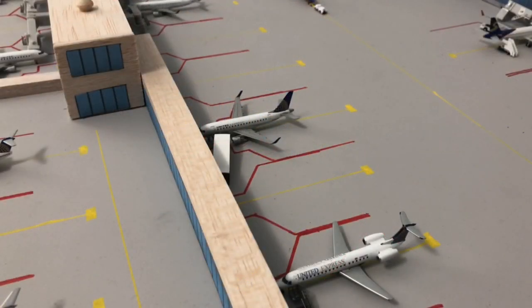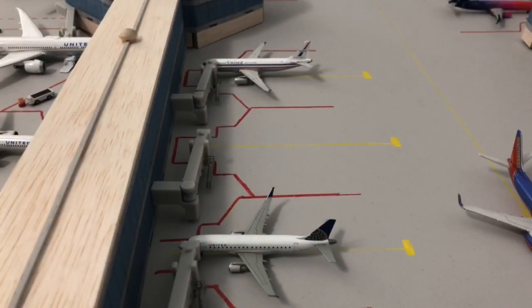In this scene, we have a United Express Custom ERJ-145, which is heading out to Kansas City. And then we have an ERJ-170 in the background, heading out to Little Rock, Kansas, or Arkansas. Right below us, we have a United ERJ-175 with awesome winglets, which will be doing nonstop service out to Hailey. Then we have a United A320 in the Stars and Bars retro livery, which will be doing nonstop service out to Orange County, California. And taxiing, which you can just see the winglets, is Southwest